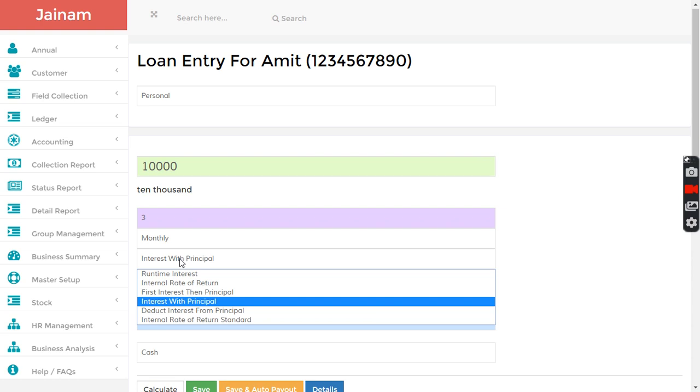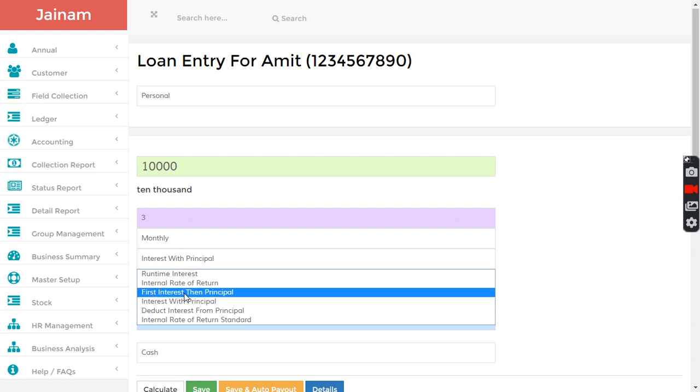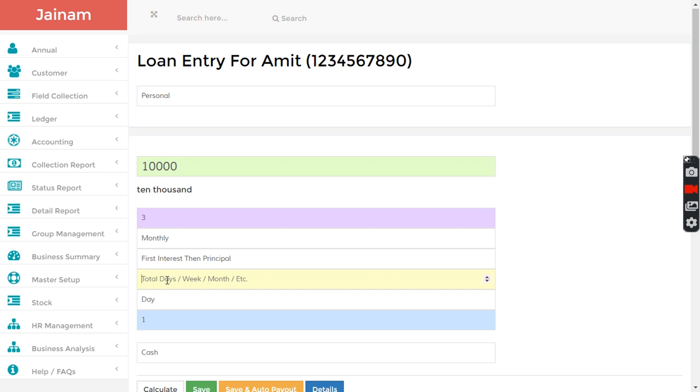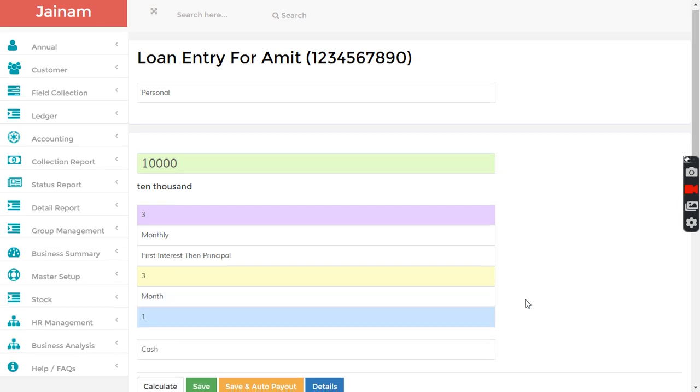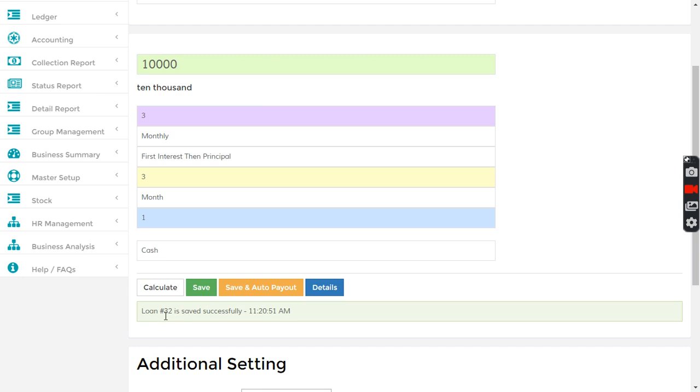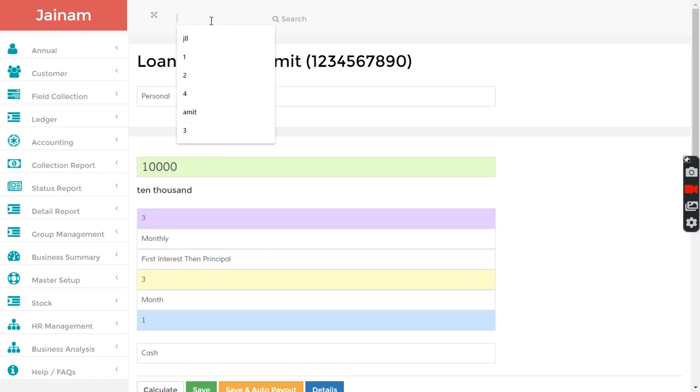applicable only in case of first interest then principal. And I select, let's say, for 3 months. I click save. Loan number 32 is created. I search the loan number 32